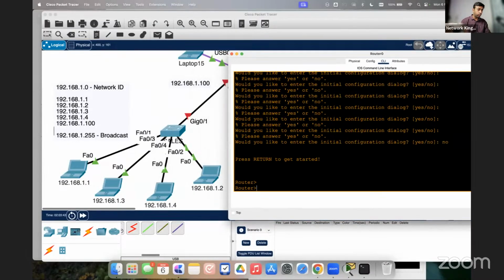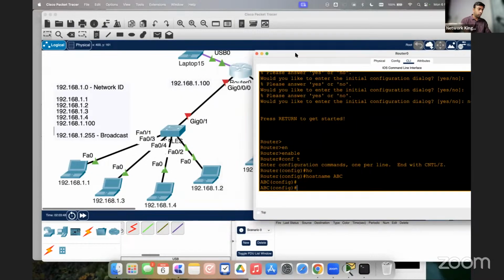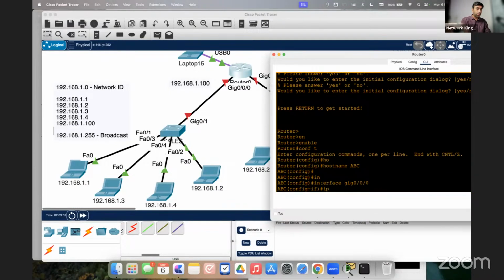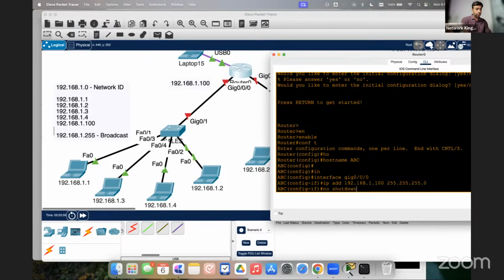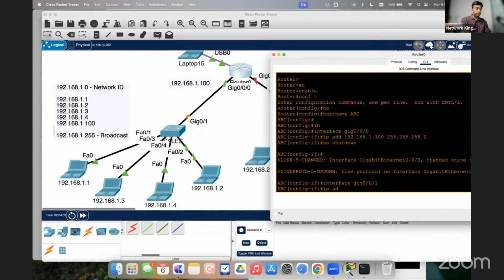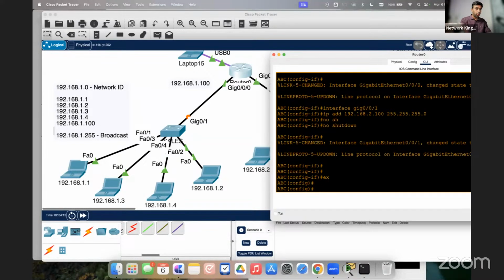Okay, so what was the router name? Enable, let's say hostname ABC. Let's go to the interface again. Let's configure interface Gi0/0, IP address 192.168.1.100. No shutdown. Okay, we go to another interface Gi0/1, IP address 192.168.2.100. So this is what we already did. That's why I'm a little fast now. Okay, and once you have done everything, then you have to just say here,